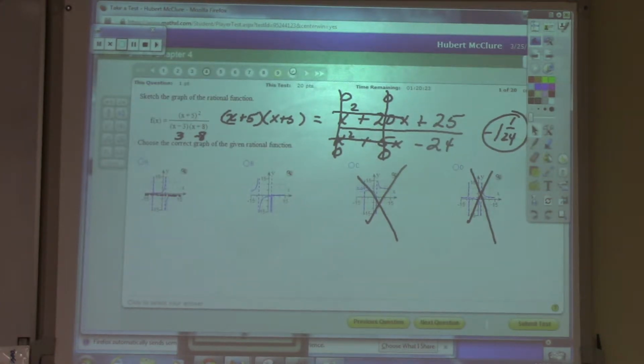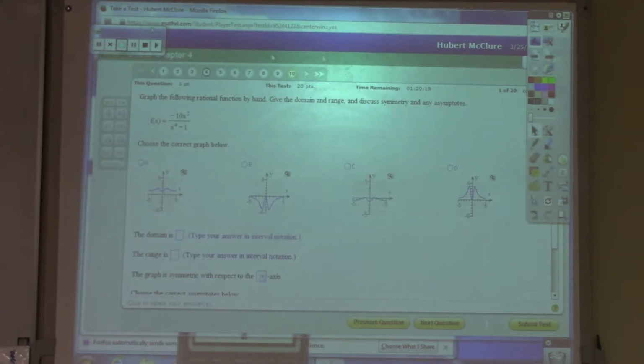Okay, number 10. Same thing here. 10x squared. Okay, this one. Okay, the domain. What's the domain of this one? All real. Well, you got a fraction, so you got to set the denominator equal to 0. So x to the 4th is equal to negative 1, and that's not possible. Why? Because negative can't be. Exactly. So your domain is